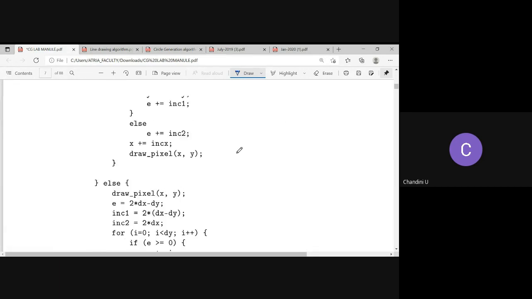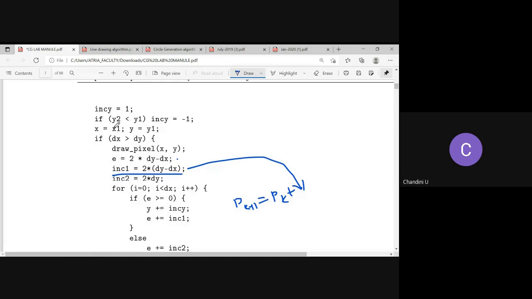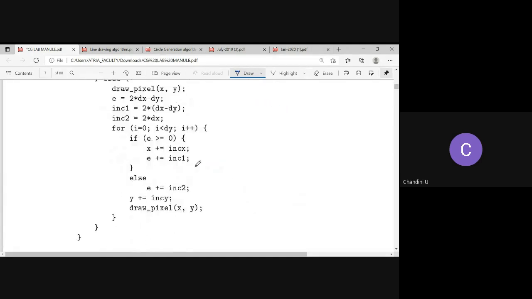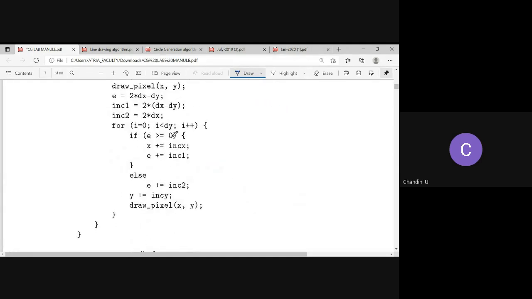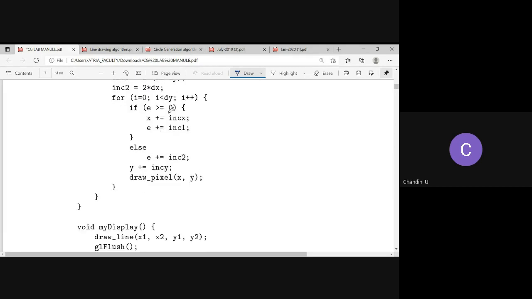The same procedure, the only thing is there is a change in the roles of x and y. See here, if the decision parameter is greater than 0, in the previous case we incremented y, right? Here we are incrementing x. If the decision parameter is less than 0, we will keep the x value the same. In both the cases we will be incrementing the y value.